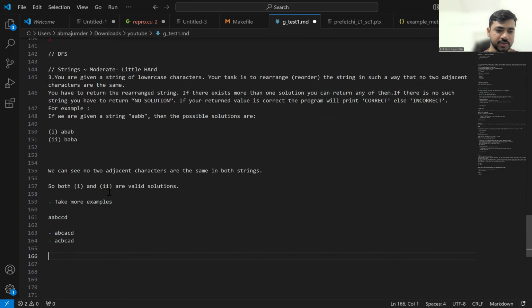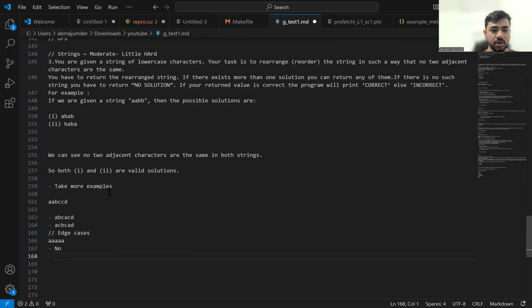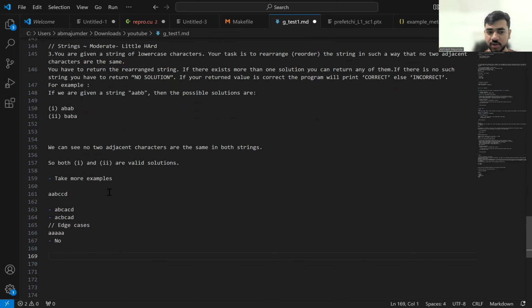But there is also one other example. Let's take the edge cases, which is very important. Edge cases are those cases that are very interesting. So let's take the edge cases. All A's, maybe no solution because they're all A. So there is always going to be consecutive characters. So can we take another edge case? Like what happens if